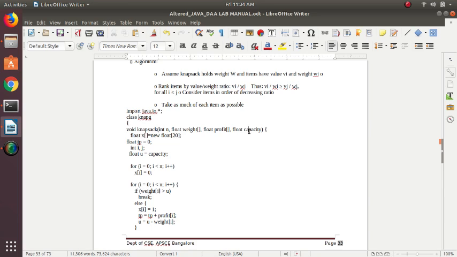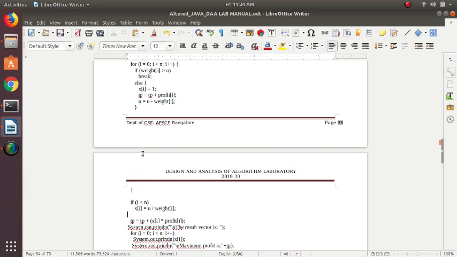And the weight is given for each object, and the profit is given for each object. We choose less weighted objects, and at the same time they should have more profit. That's the main intention of these two problems, 6A and 6B. Ultimately we should choose lesser weighted objects so that you can get maximum profit out of it, right? Let us see. The capacity you assign to a new variable called u, and then the weight calculations are done using profit and weight.